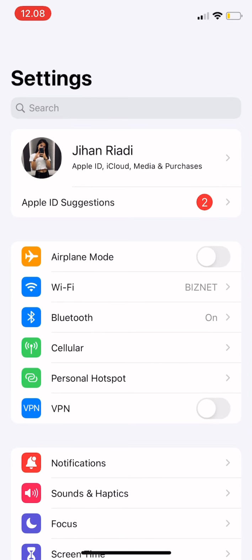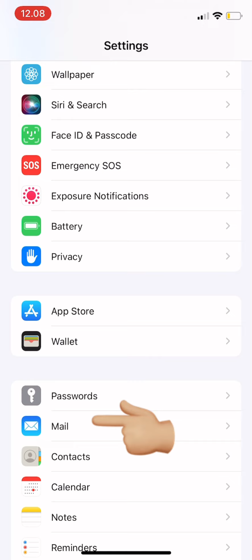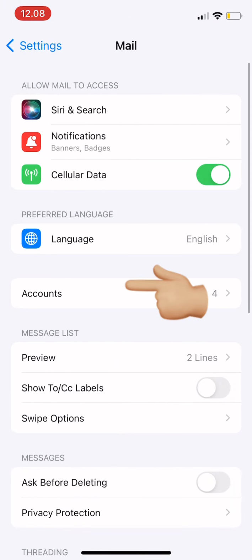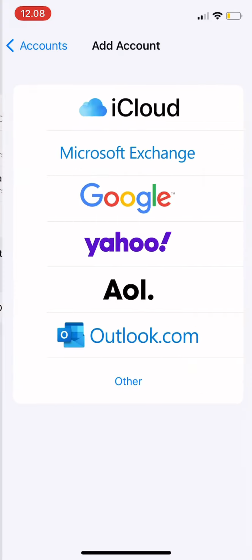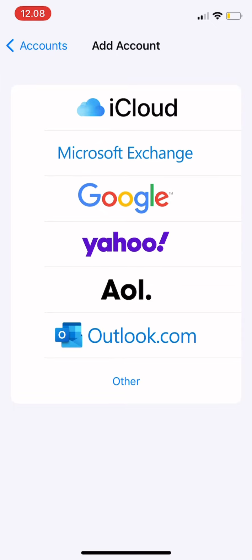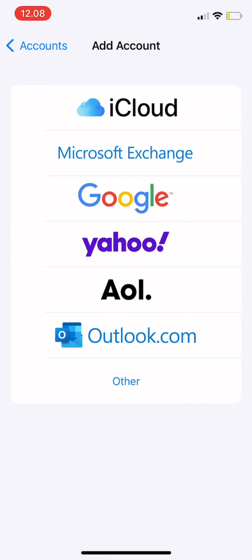In today's video, I'm gonna show you how to add an email account on your phone. So first, you go to accounts, and then you tap add account there. After you tap account, it will directly take you here. So you can either tap or add other